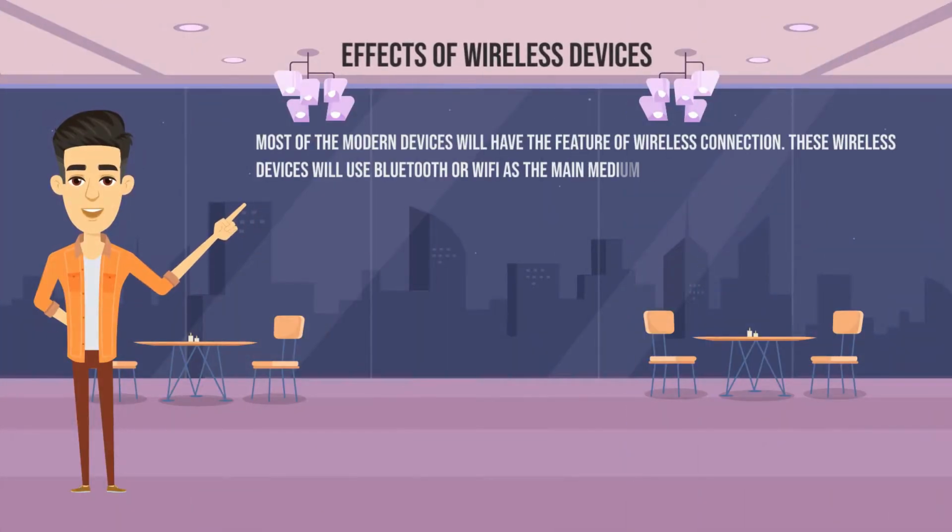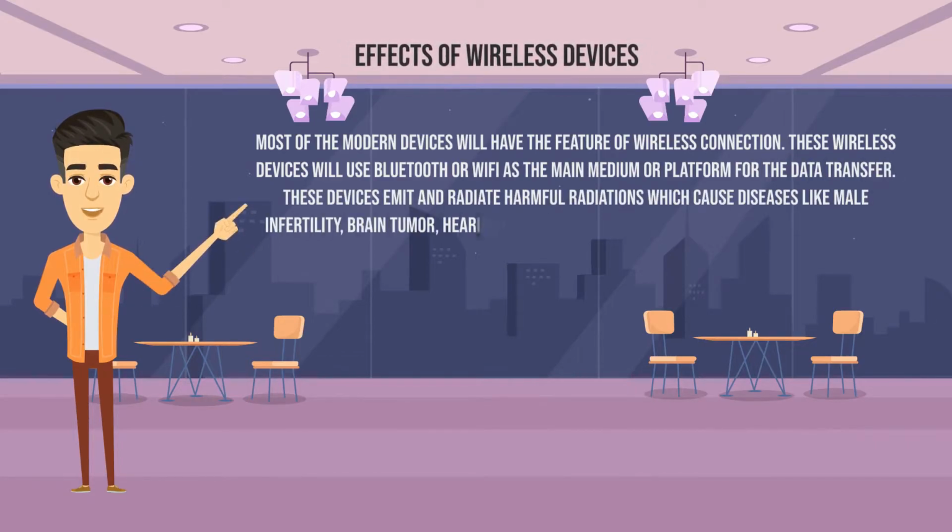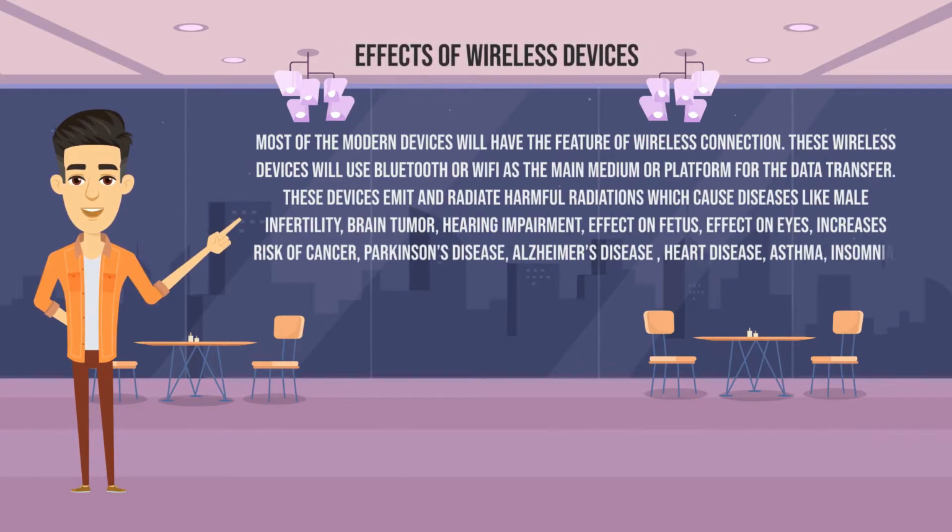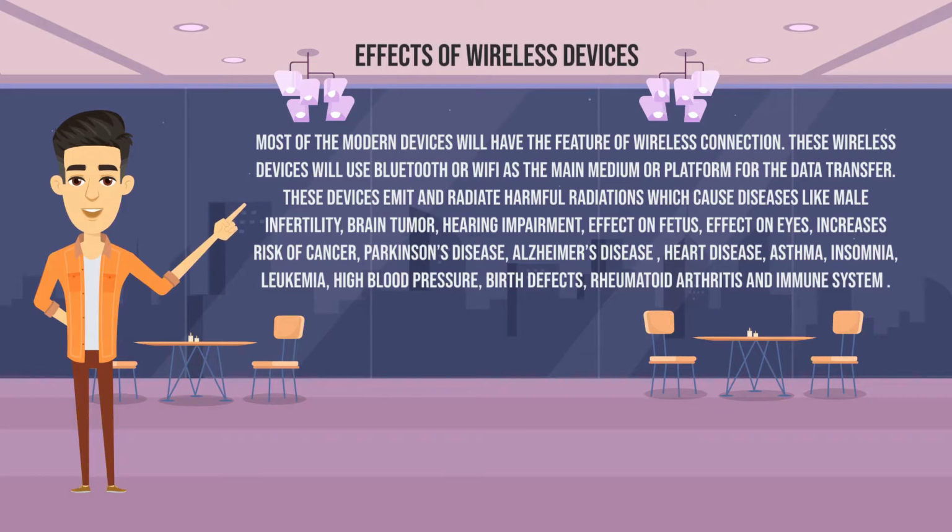Most of the modern devices will have the feature of wireless connection. This wireless device will use Bluetooth or Wi-Fi connection as the main medium or platform for data transfer. This device emits and radiates harmful radiations which cause diseases like male infertility, brain tumor, hearing impairment, effect on fetus, effect on eyes, increasing risk of cancer,